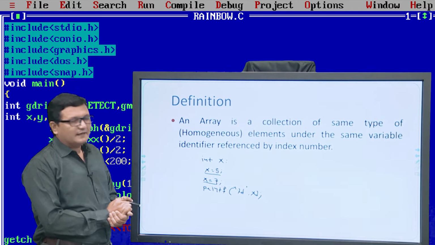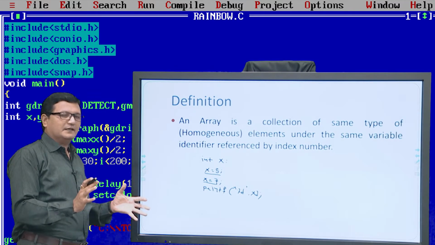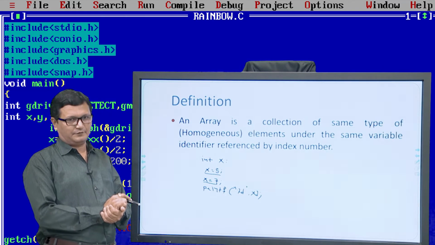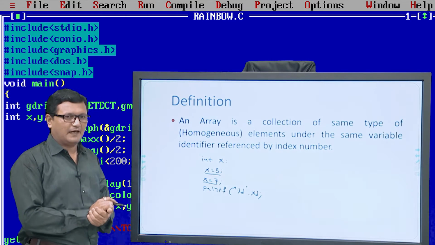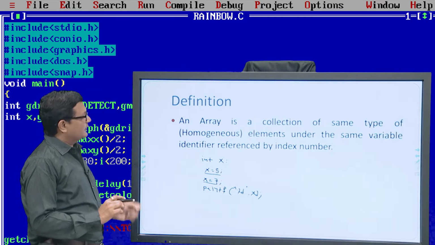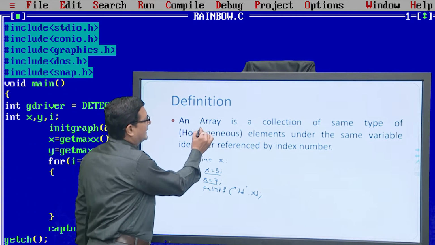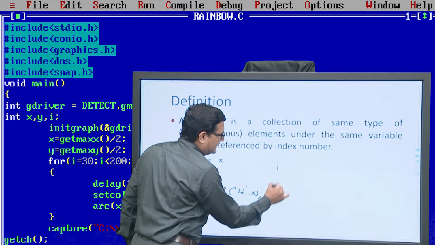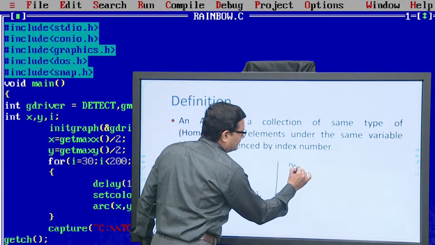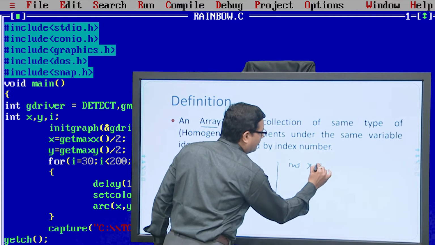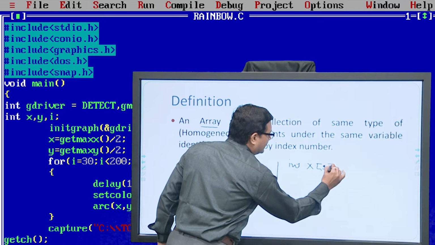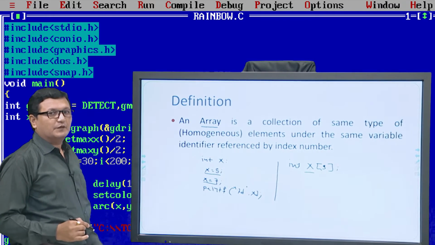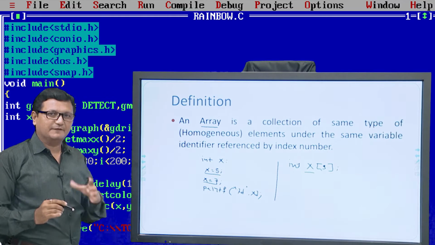Okay. Now let's suppose we want to make a program in which we have to store a number of integers and a number of float variables. For that what we need is an array, right? Let's suppose you are declaring like this, say int x[5]. Then under this variable name x we can store 5 integer variables.